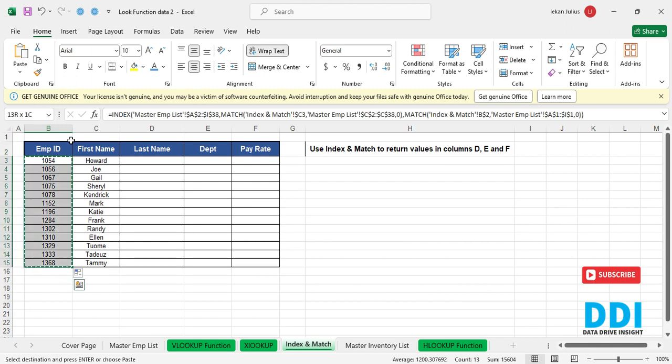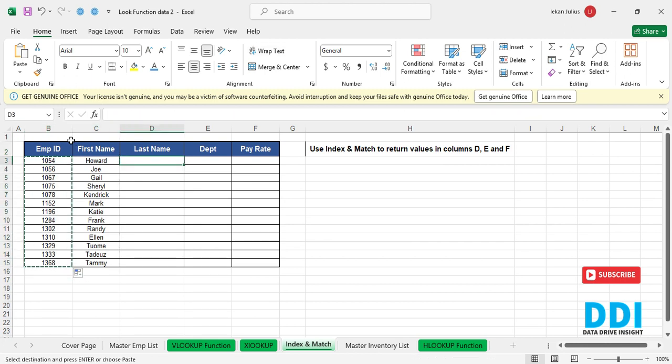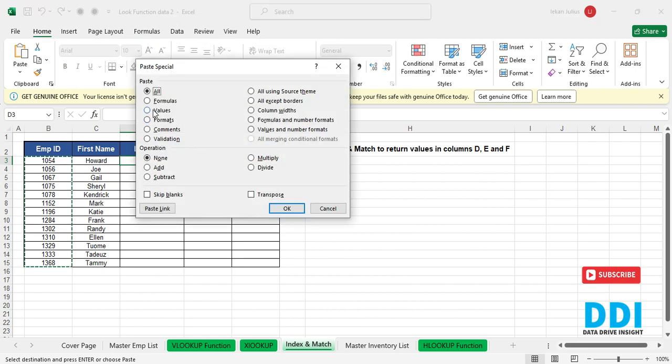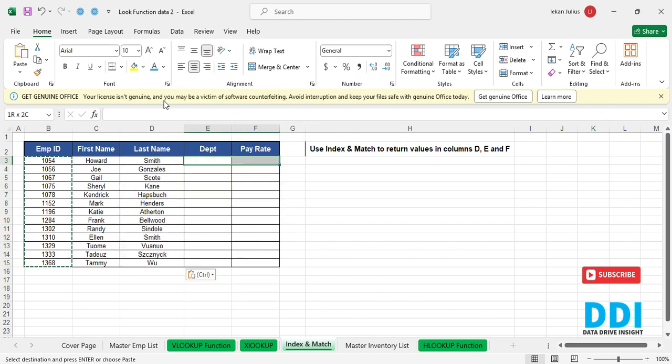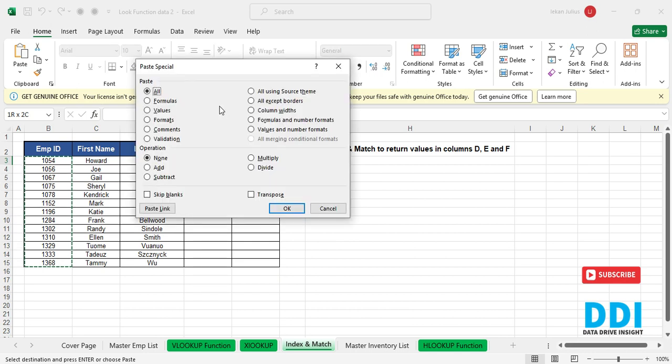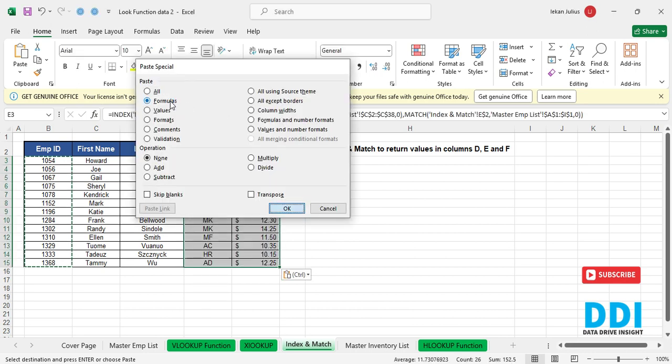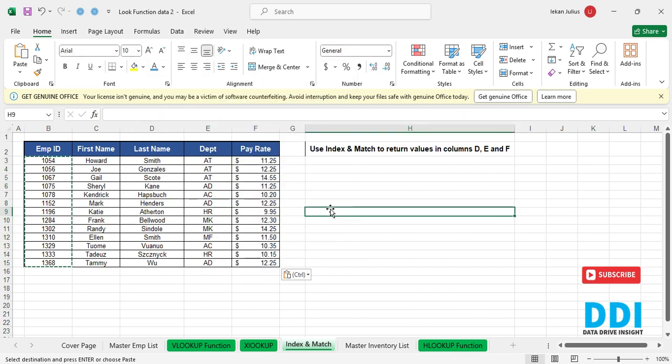So let's just copy, then Alt ES, then paste as formulas. Same thing goes there, Alt ES, then paste as formulas. You can see we are working smartly and everything is working as fast as possible. So the next thing